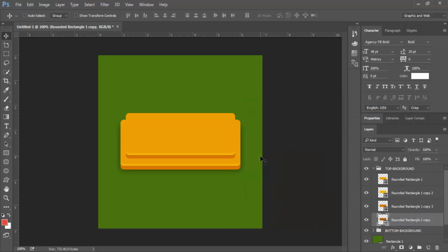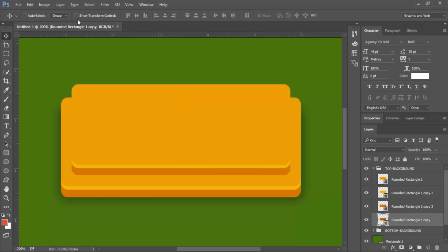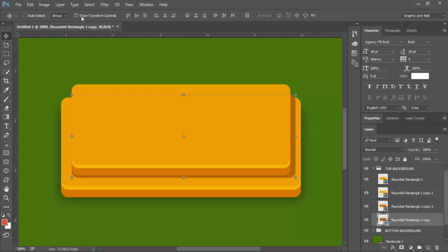We zoom in and resize the layer using the show transform controls. Then move it. Okay guys, like this.